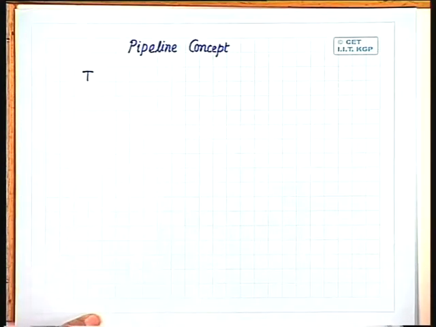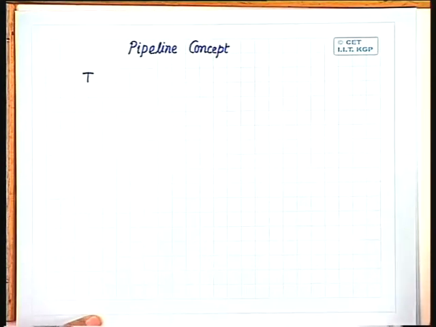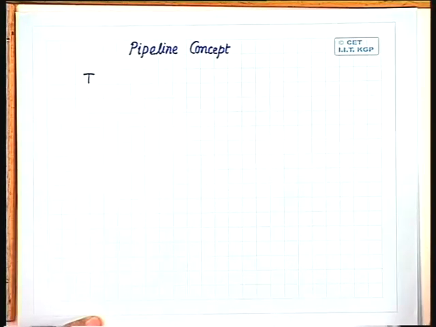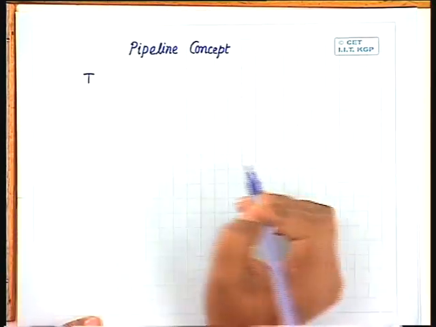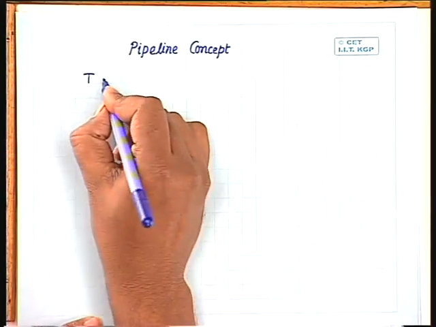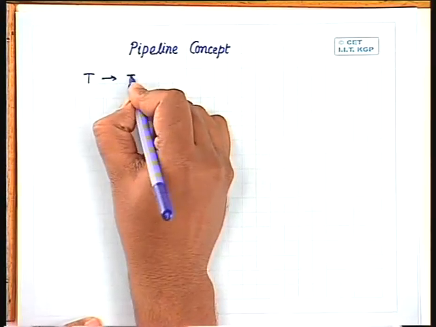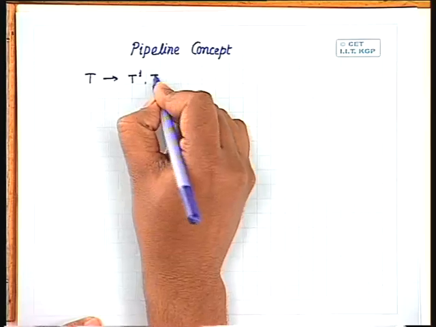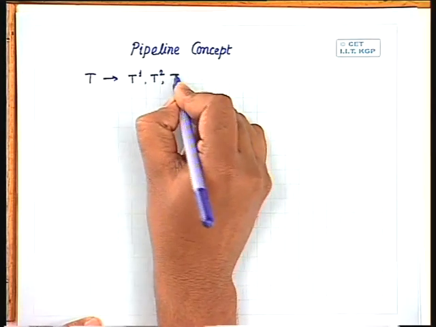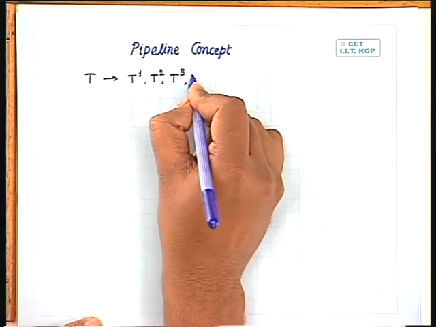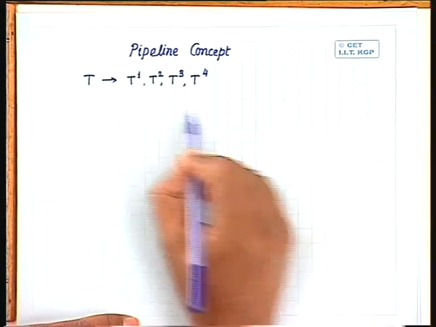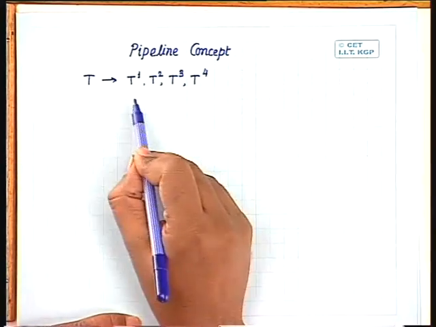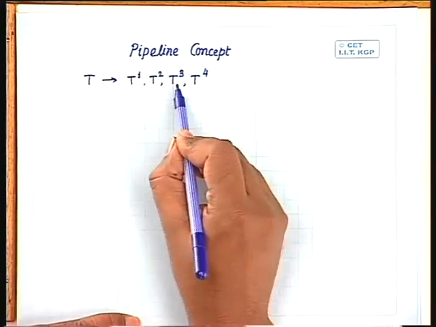Okay. Now this task has to be performed by a computer. If it is possible that this task T is divided into a number of subtasks, suppose I break this task T into a number of subtasks, say T1, T2, T3, and T4. Suppose I break the task T into these 4 subtasks, and when I complete these 4 subtasks